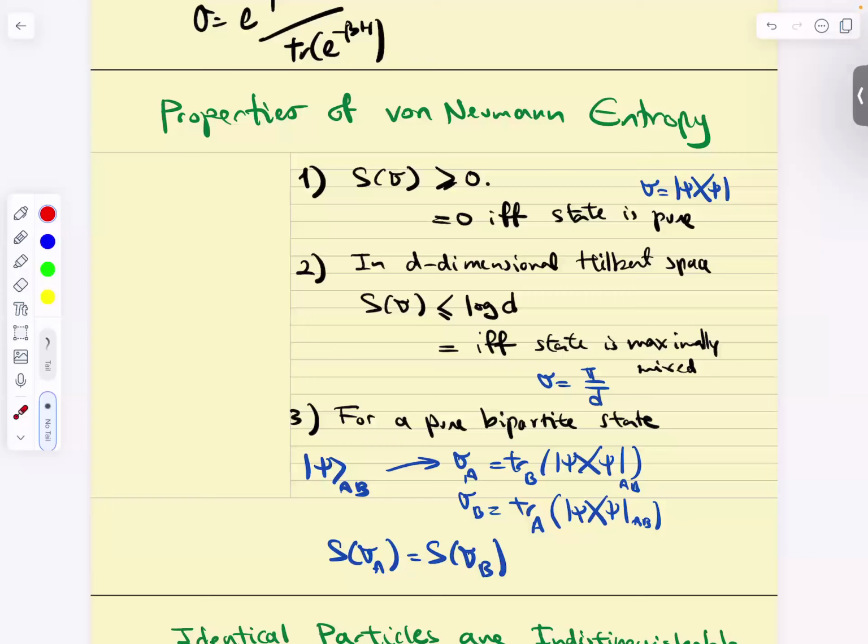Yes, there was a question. The line actually, so on 2, S is less than 1, the line that equals what? 0, if and only if. Sorry, where are we reading? No. So 2, the D-dimensional whole space at S sigma is less equal to log D. And then what's the next line? Equals what? If and only if. Yeah, sorry, that's math notation. IFF is if and only if. Okay.